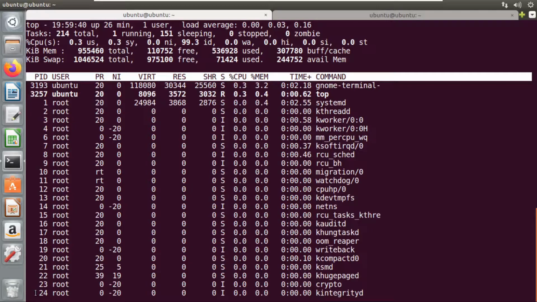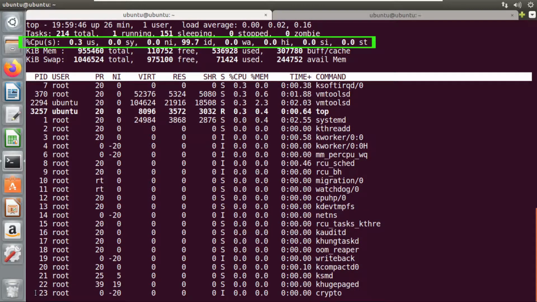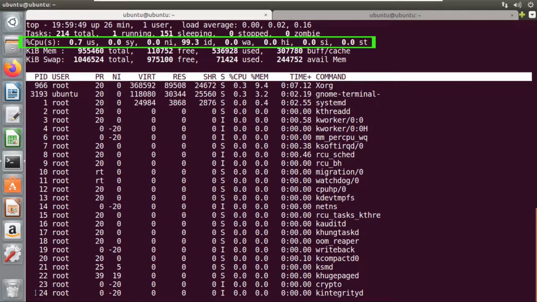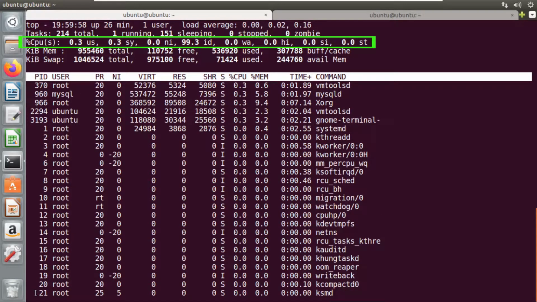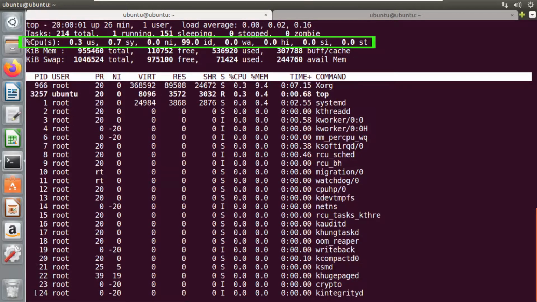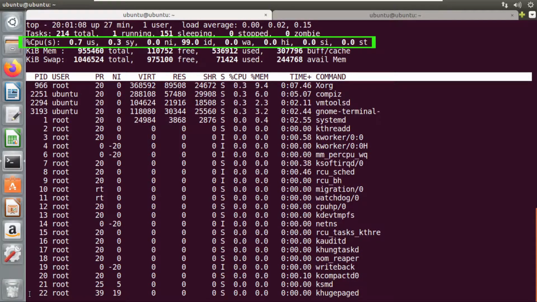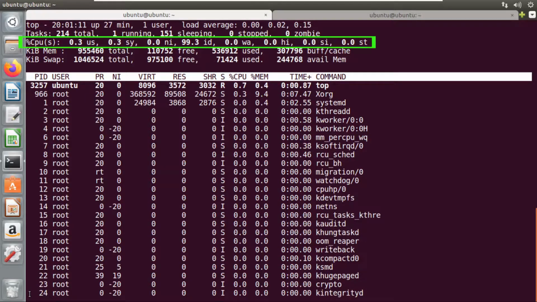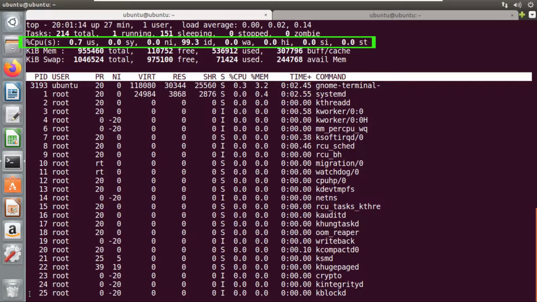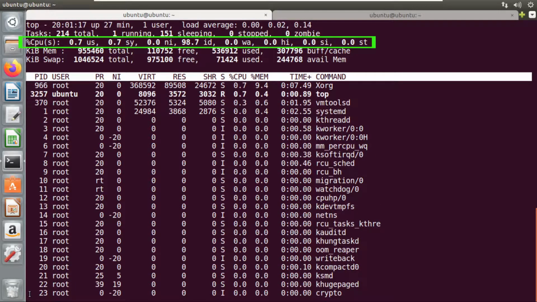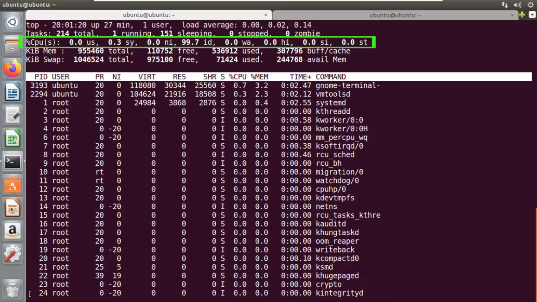The next is the percentage CPU. So it gives the CPU usage section, which gives the percentage of CPU time spent on various processes. The first one, that is us, gives the time in user space, whereas sy gives it in kernel space. ni shows the nice value of a process. This is used to determine the priority of a task. So when I say that I have a high nice value, it means that process will have a lower priority. We can change the default nice values also.